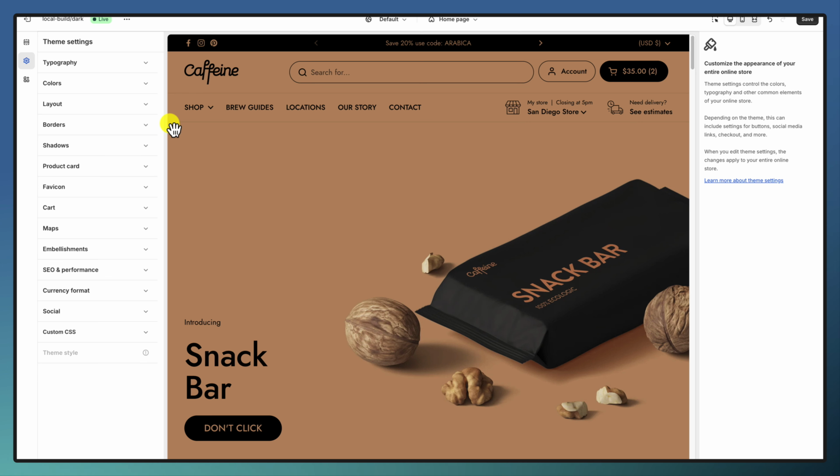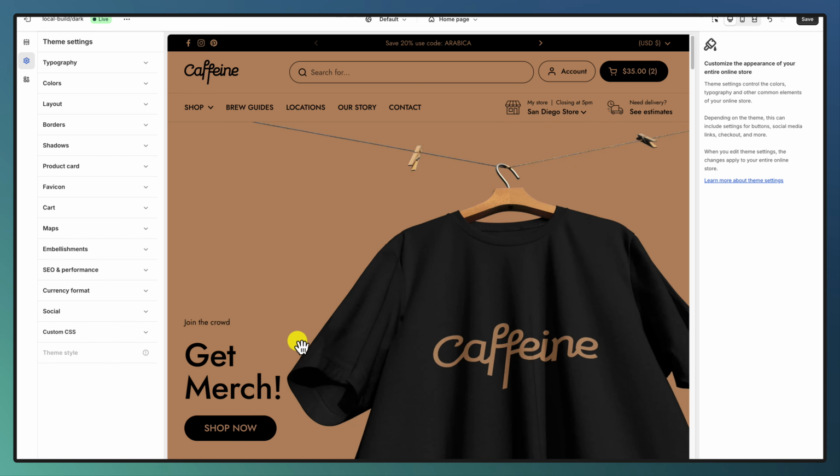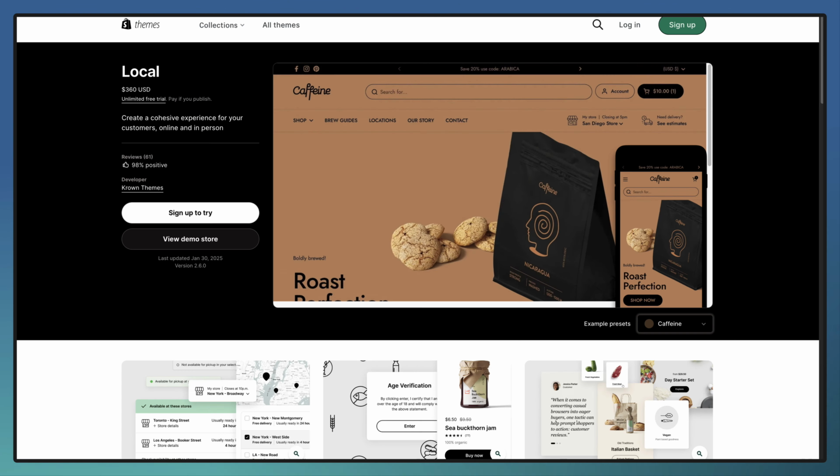So this is our coffee demo for the local theme. I'm not going through the theme settings because you get these when you change the theme style to the Caffeine demo. So I hope that you'll really find this small tutorial useful for you in order to get started with